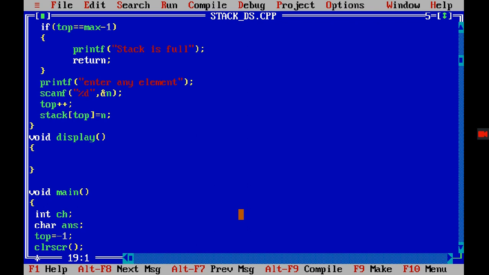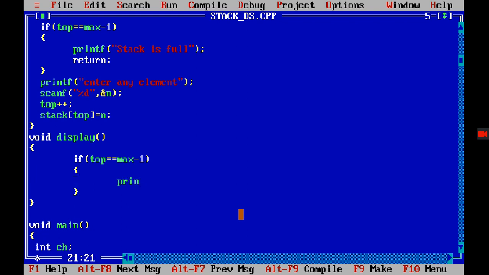So again we are going to apply this if: top is equal to max minus 1, then we are just printing that stack is empty, and then I'll return from here.